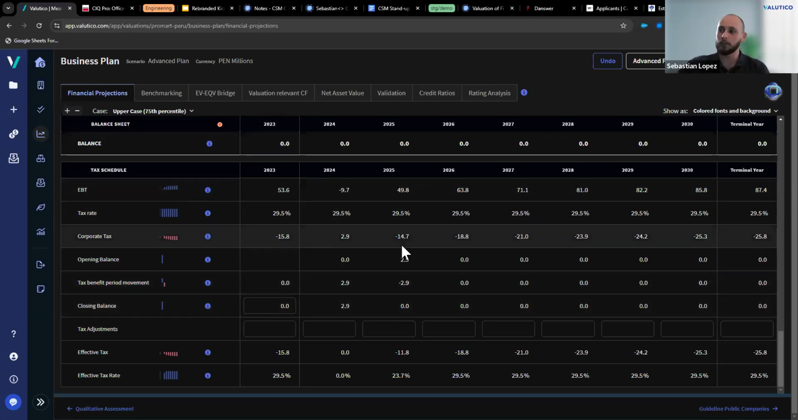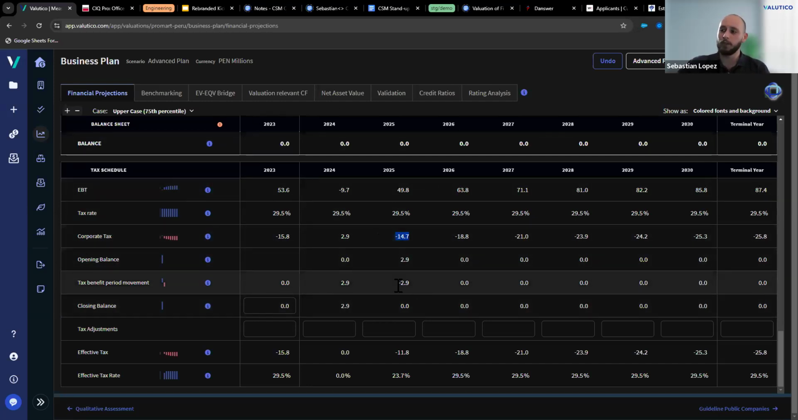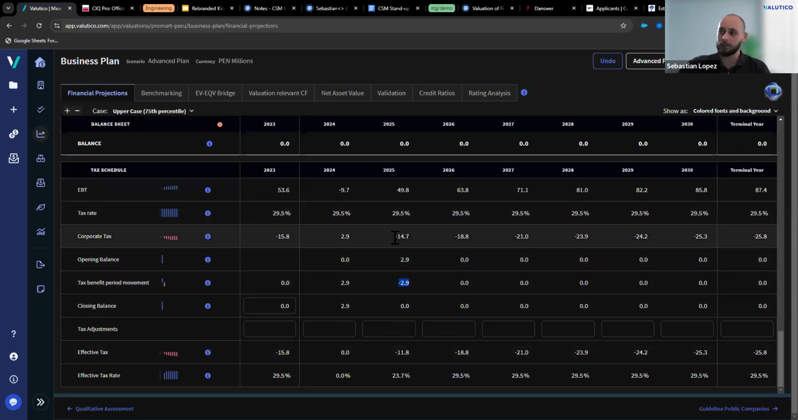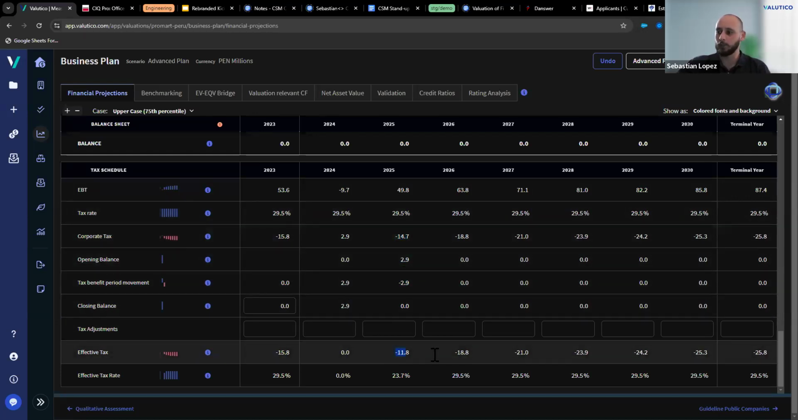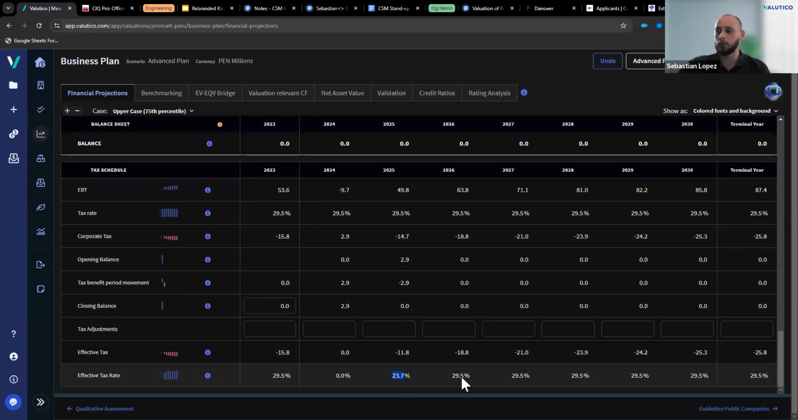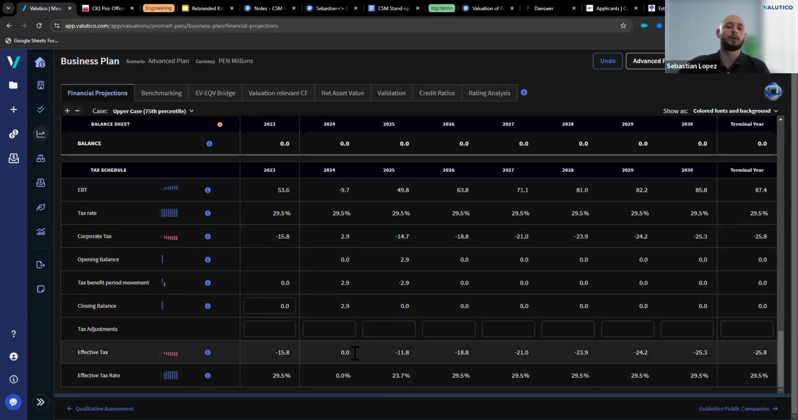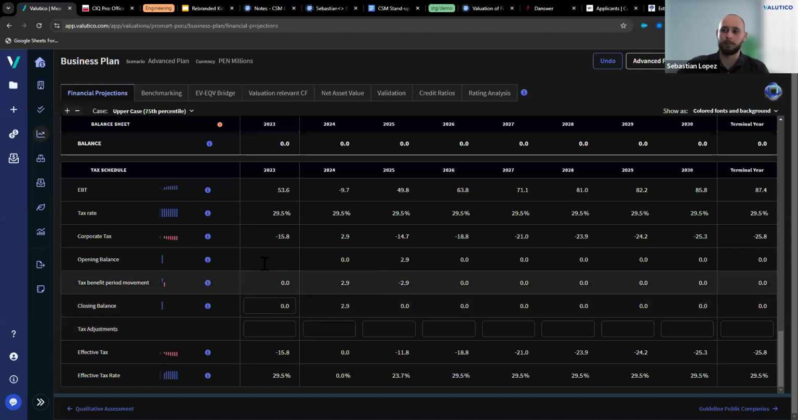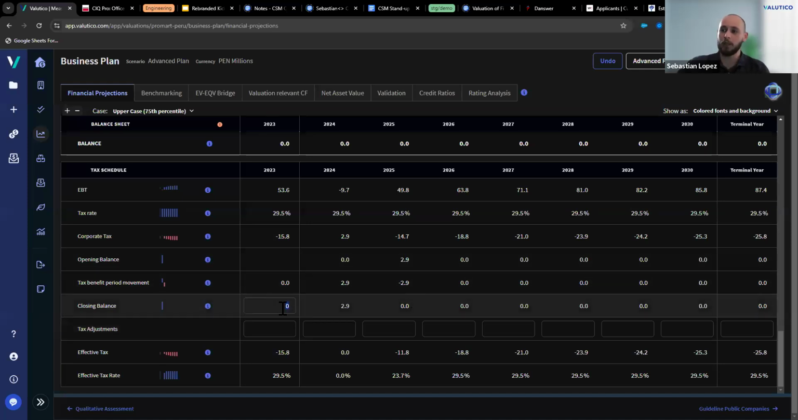In year 2025, as we do have taxes to pay, we're going to use those benefits that we gained in the last period. This is going to reduce our tax to be paid from 14 to 11.8 and our effective tax rate to 23.7% instead of 29.5%. If you already have benefits that are coming from prior periods,